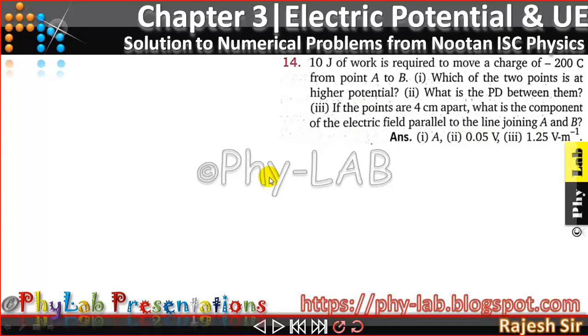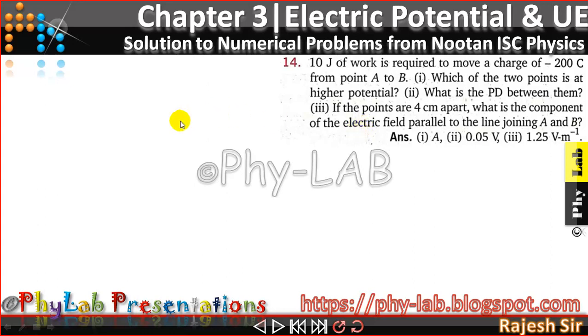Friends, in this video we are going to discuss numerical problem number 14 from chapter 3 of Nootan ISC Physics. The question says that 10 joule of work is required to move a charge of minus 200 coulomb from point A to point B. Which of the 2 points is at a higher potential? What is the potential difference between these 2 points? And if the points are 4 cm apart, what is the component of electric field parallel to the line joining